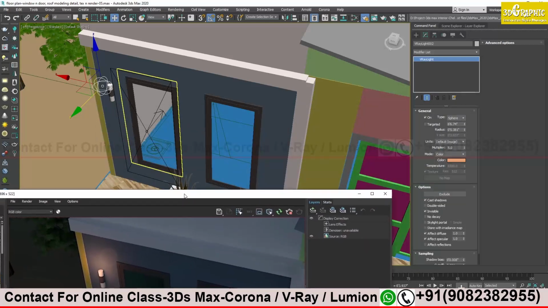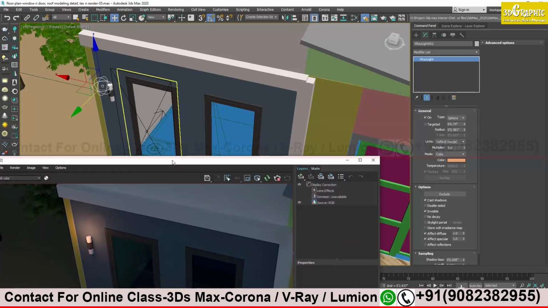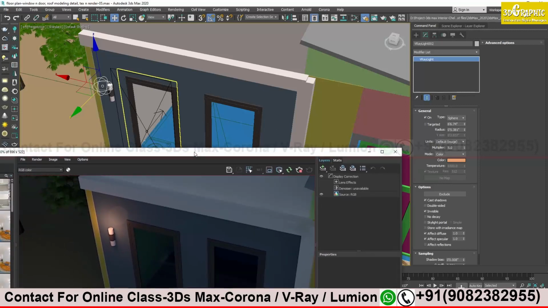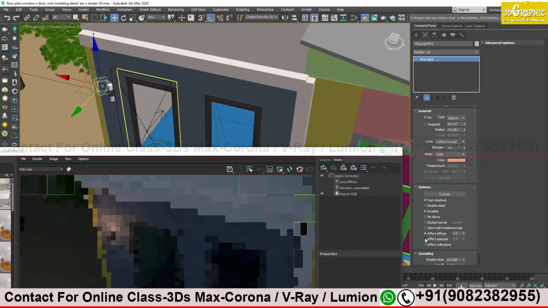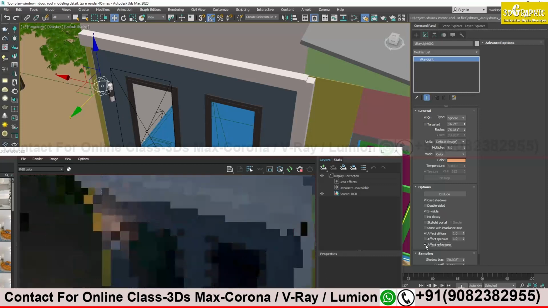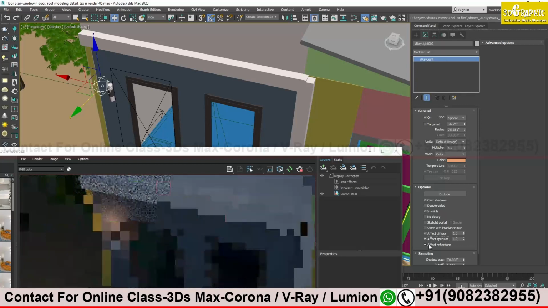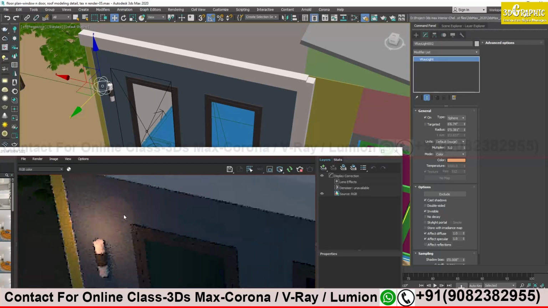And invisible, effect, reflection, cast shadow, invisible should be invisible, effect, specular. I think specular is there. Yeah, specular, it is visible to specular. You see this thing, if you turn on reflection or specular, you see a small circle is visible over here, no? Yes, that is the specular.